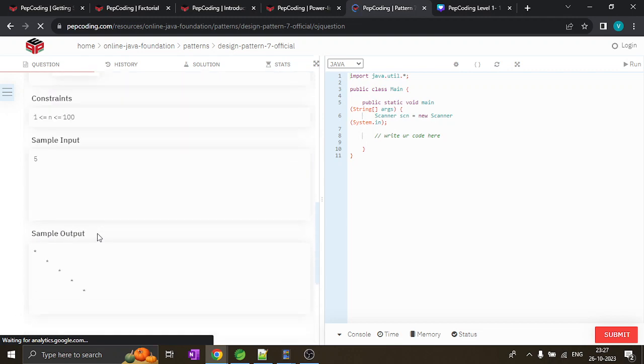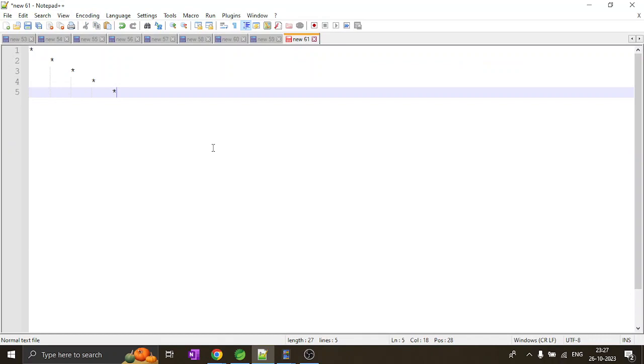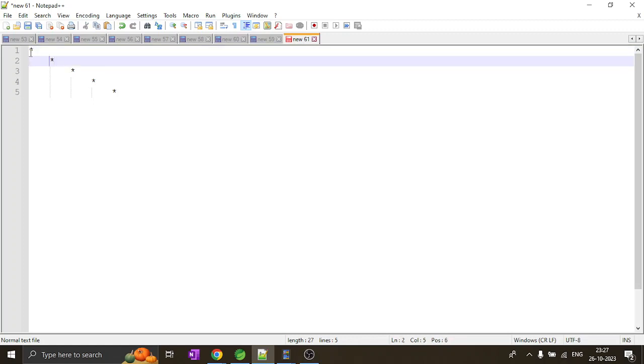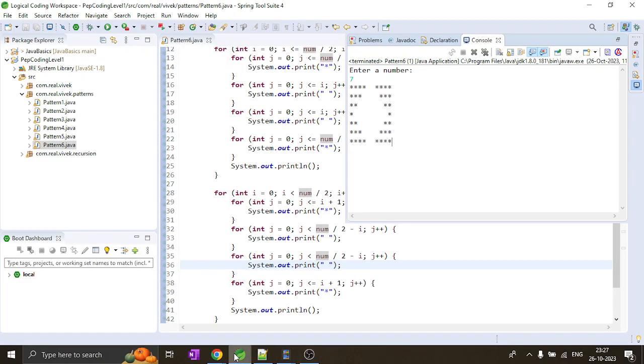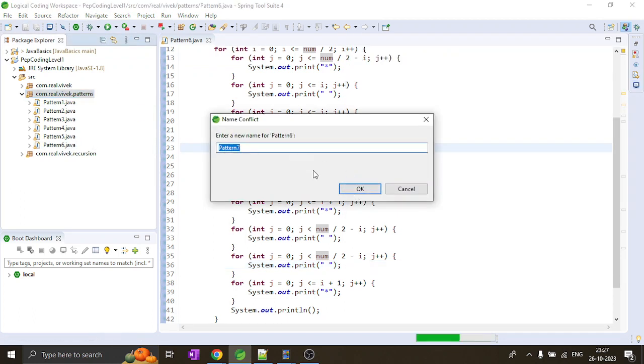So this is the pattern that we have to draw now. Okay, let me copy it here. So we can solve this pattern using the same matrix and the conditions approach. Like for all these elements, the value of I and j are equal. So let me try to have this in pattern 7,